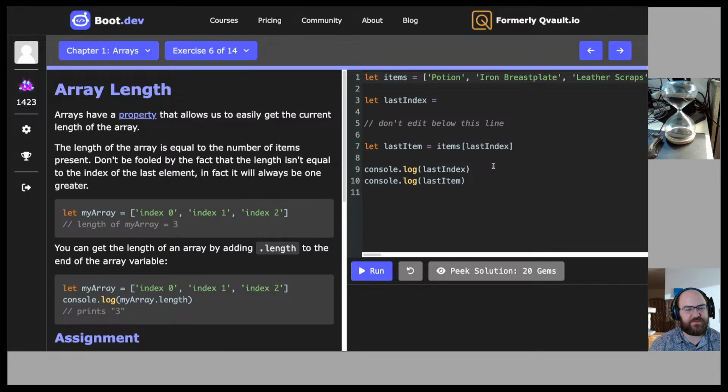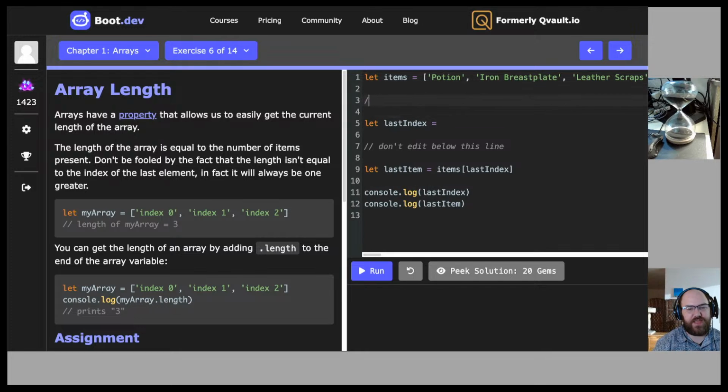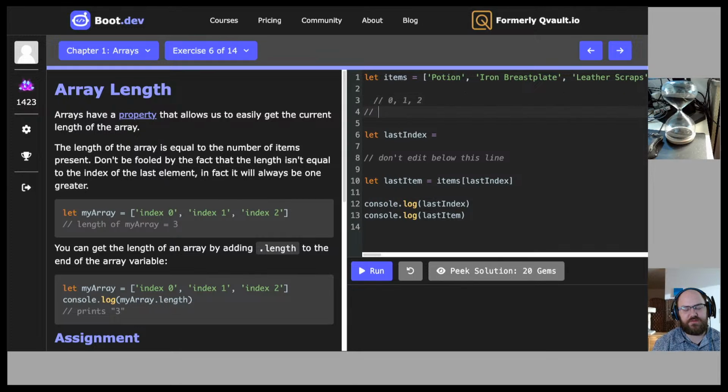Array length. Arrays have a property that allows us to easily get the current length of the array. The length of the array is equal to the number of items present. Don't be fooled by the fact that the length isn't equal to the index of the last element. In fact, it will always be 1 greater. Let's look at why it will always be 1 greater. If we have elements with indexes 0, 1, and 2,